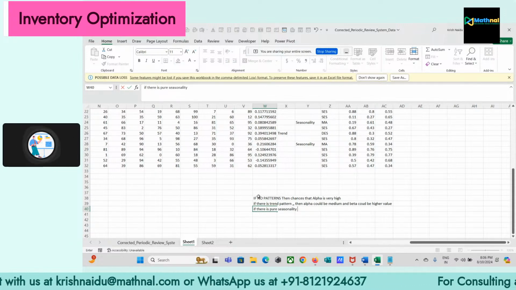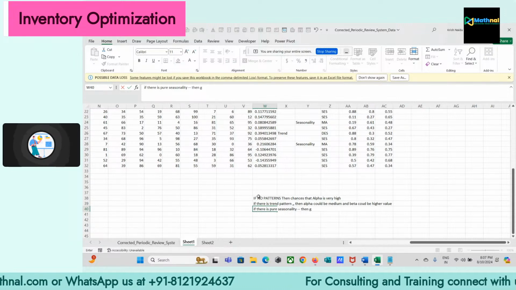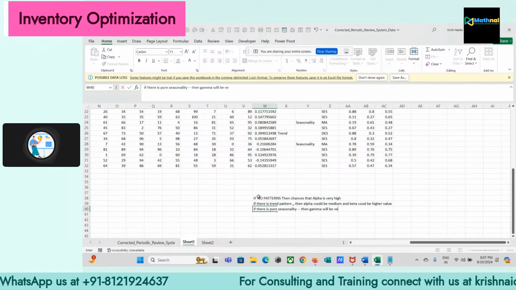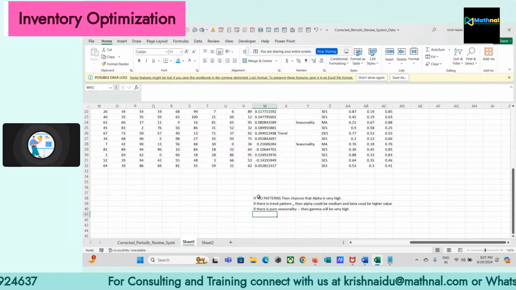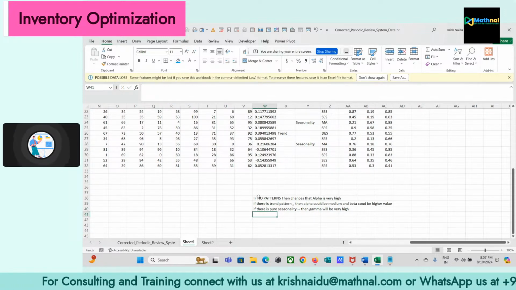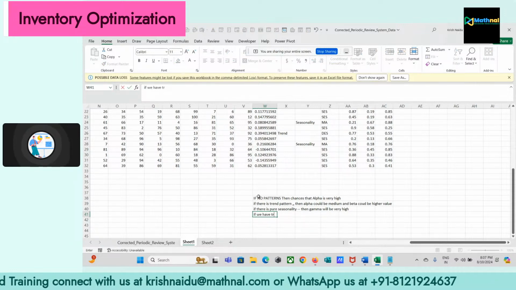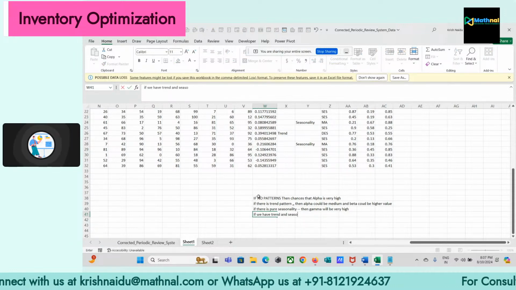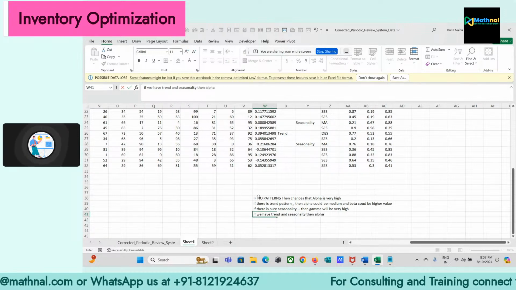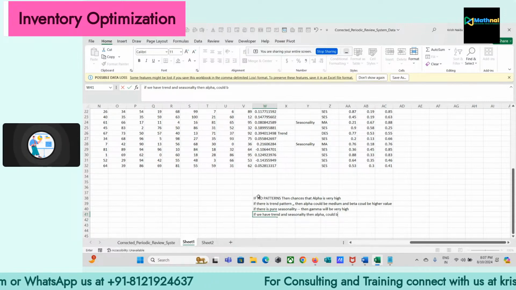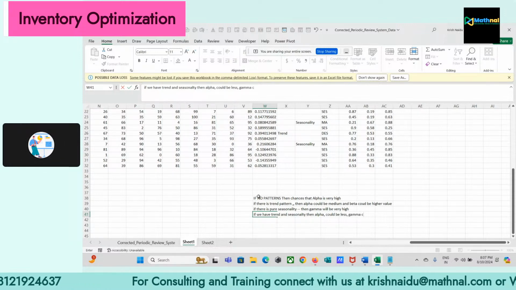of course we are not actually considering that here, but if you use the same model, then the gamma will be very high. You can also use the same triple exponential model, but we are not using triple exponential model for seasonality only. So gamma will be very high. But if you have trend and seasonality, then alpha could be less, gamma could be medium,